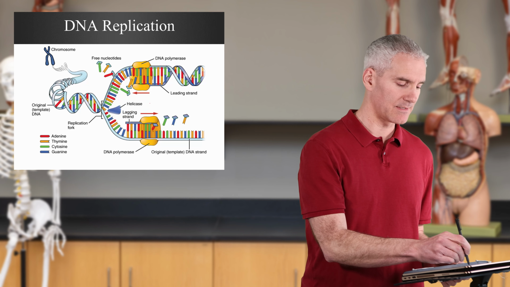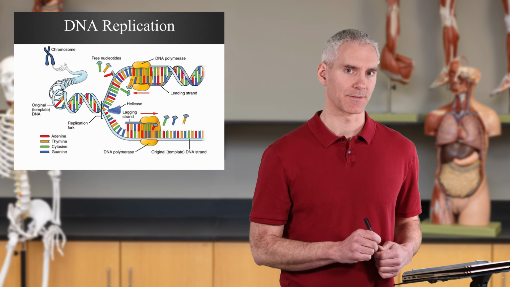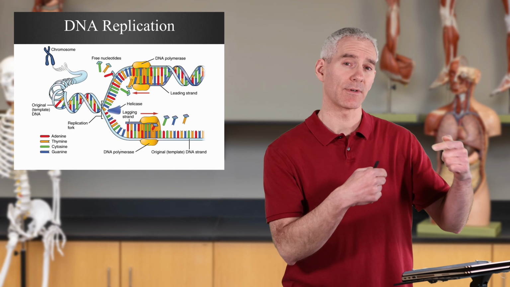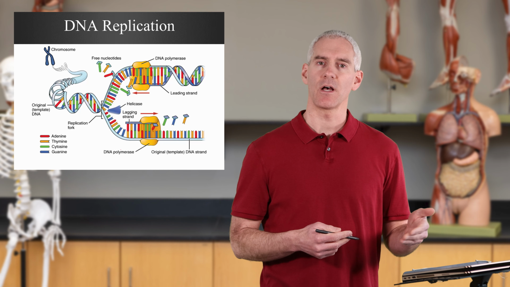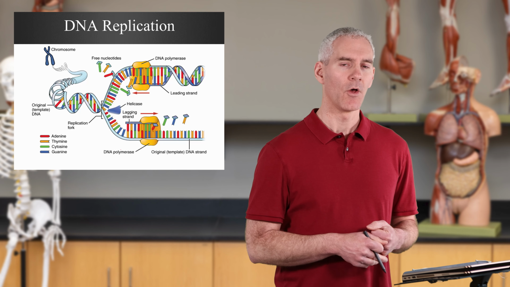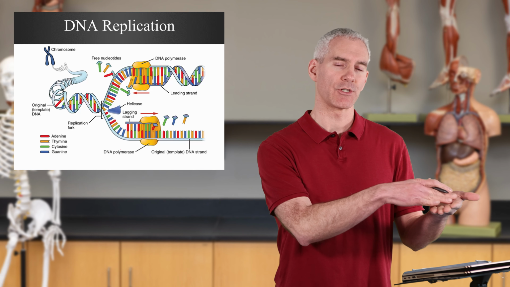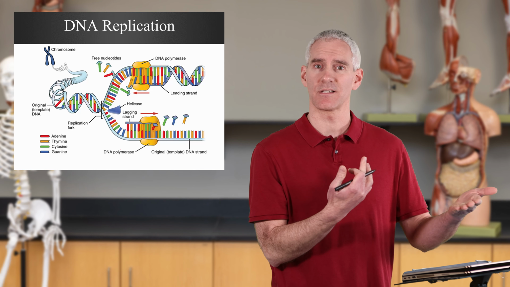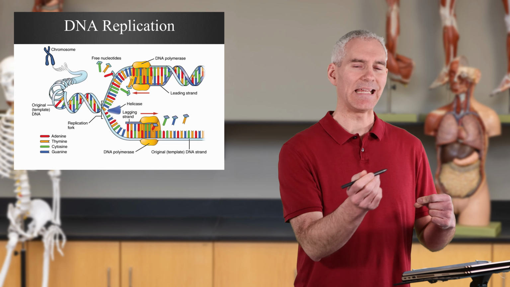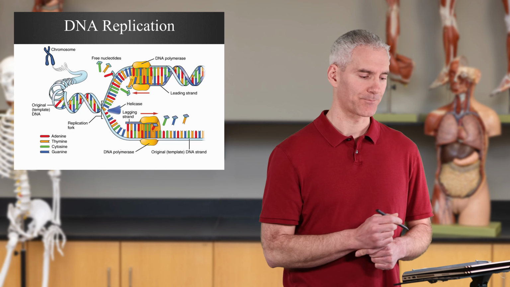But then you have these DNA polymerases coming right behind it. You can see how they're going in two different directions. That's because you have to make sure you read it in the proper orientation. Otherwise, if you do it backwards, it doesn't code the same thing. So when it's reading in the proper orientation here,